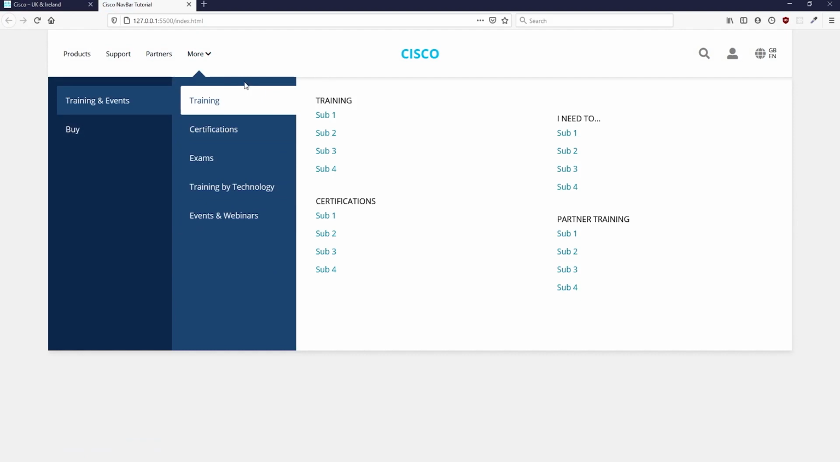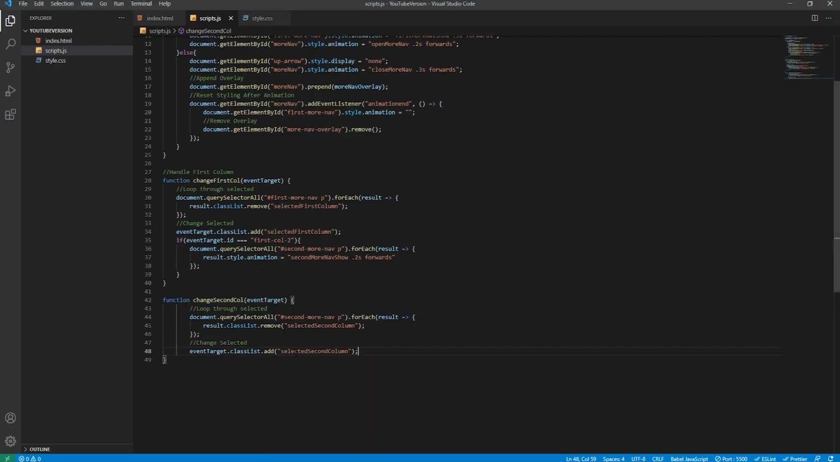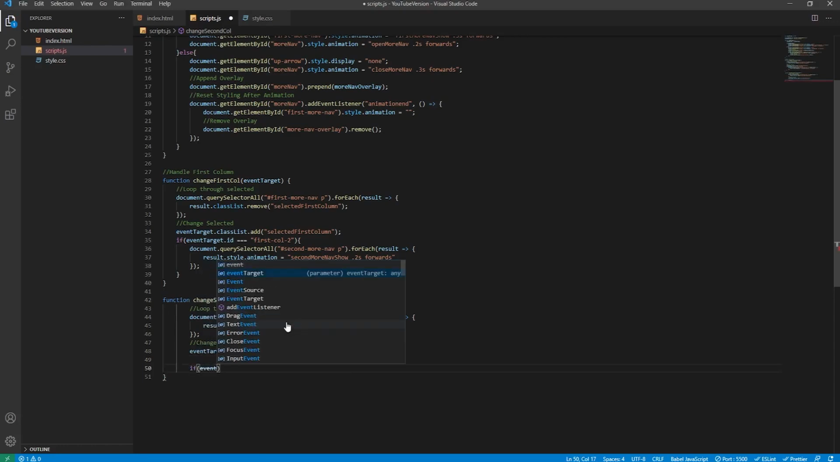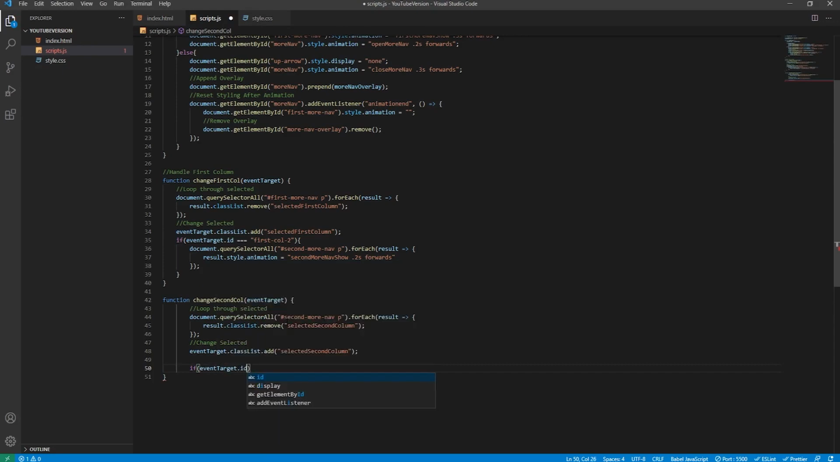Now the last thing that I'm going to show you is how to change the content of this column in relation to which option we're choosing in the second column. I won't do it for all of them because that'll be too long, and I know how long this video is already. So it's similar to what we did here. We create an if statement, event target.id is equal to second col 1, so if they're selecting the first option of the second column, then we'll say